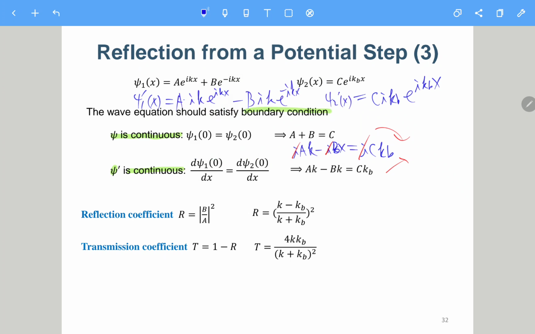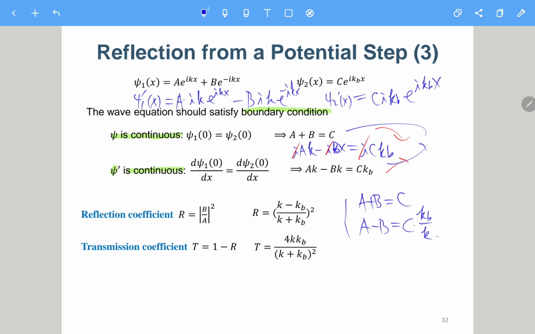So you can simply solve these two. You will be able to find that you have something like a plus b equals c, and then a minus b equals c times kb over k,